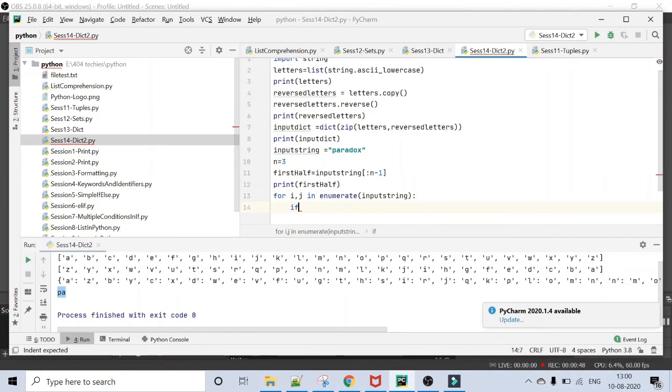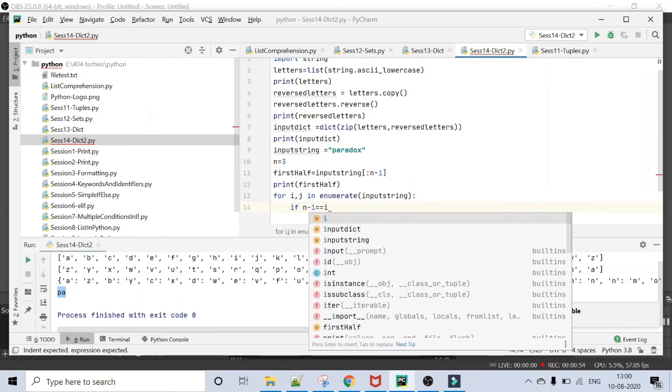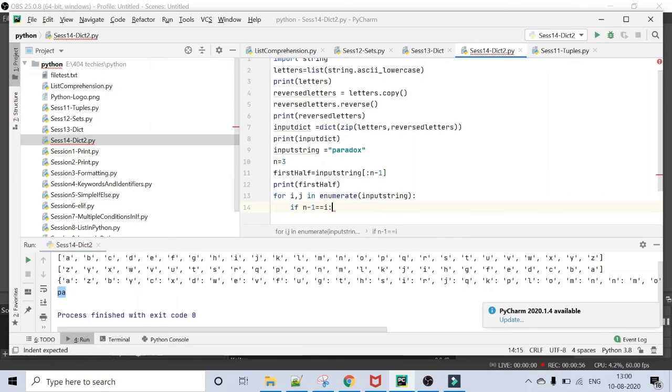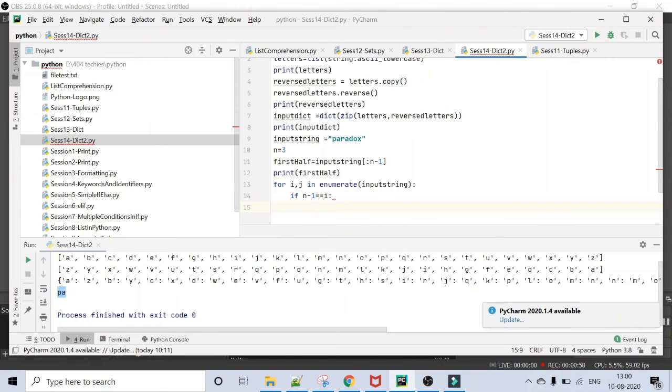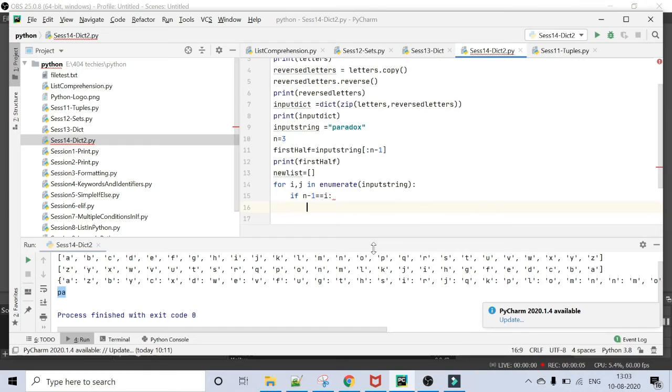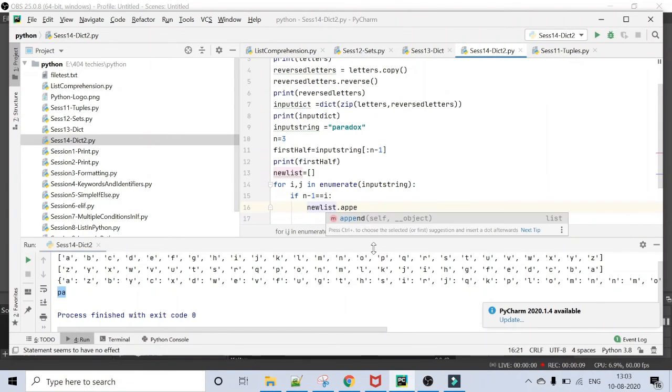If n minus 1 is equal to i, we want a new list. In the new list we are going to append the corresponding reverse letters for our input string.